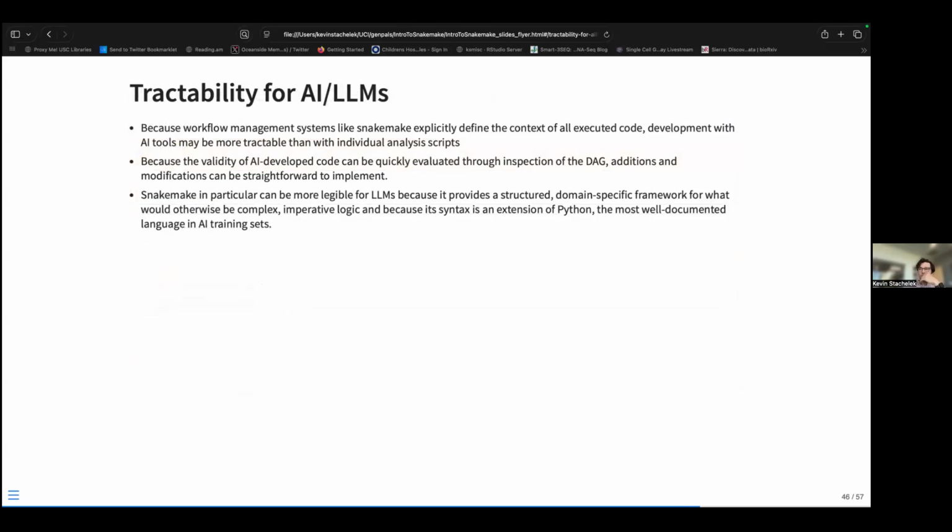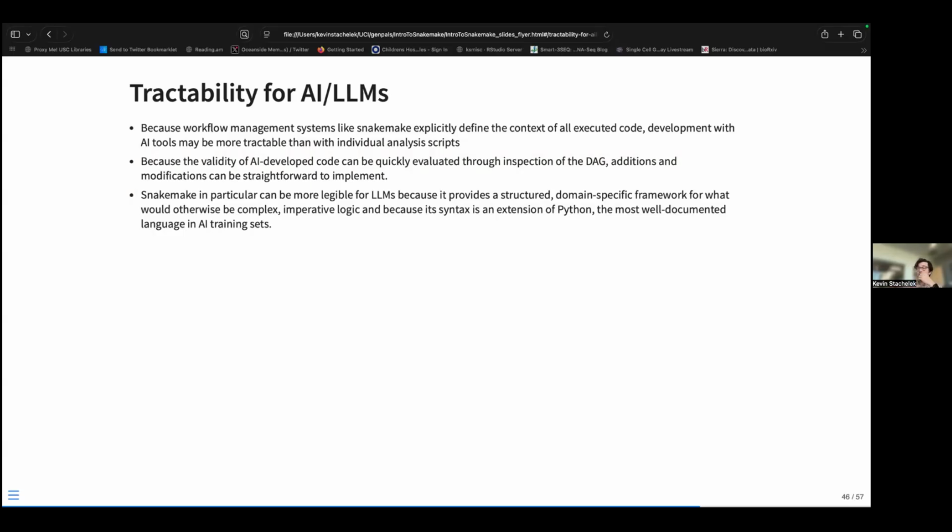So since we've made it through all that, I have a few extra points that I think make workflow management systems and Snakemake especially useful. And that is that when I structure code in this way, I think that it is very tractable for modification with LLMs, with code assistants, because it's very straightforward to specify the context of what you might be doing. It's easy to say, like, work on this rule. Why doesn't this input or output file exist? And it's very easy for these tools to parse these sorts of